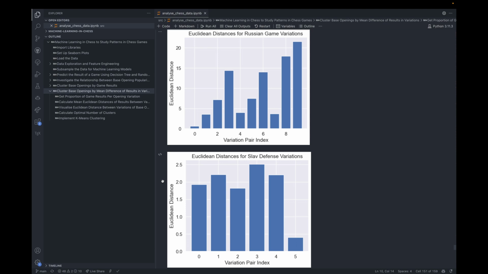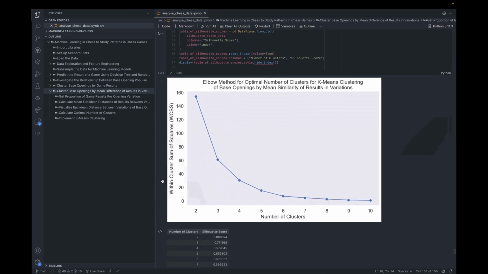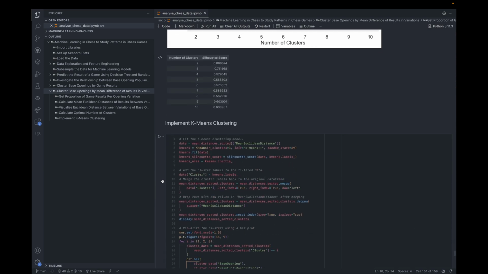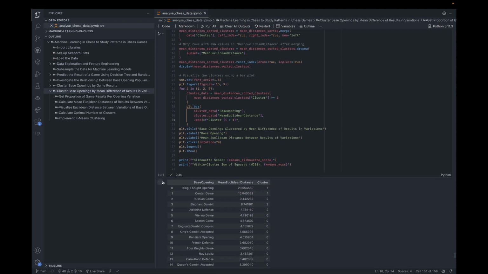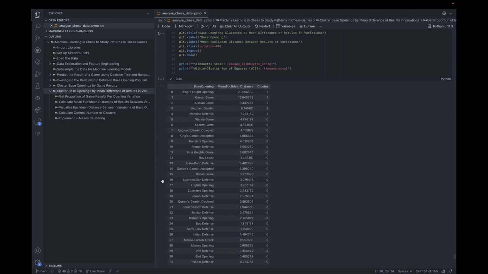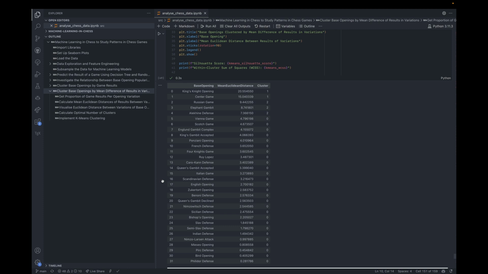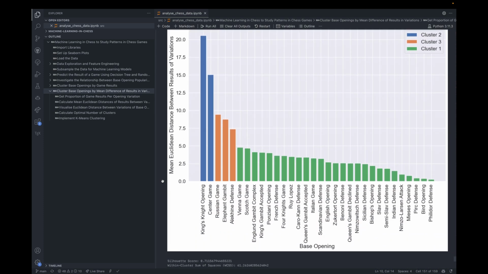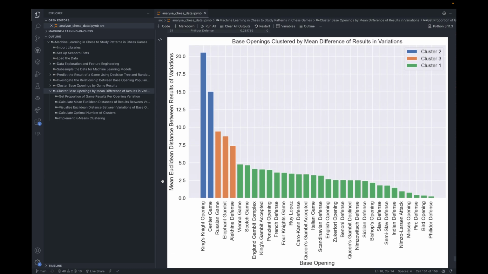Then we used the elbow method and a table of silhouette scores to find the optimal number of clusters. Based on this, we performed k-means clustering with 3 clusters to achieve a silhouette score of 0.712. To show our results, we created a table showing the base opening, its mean Euclidean distance, and its cluster. We also created a bar chart to show the clusters of each base opening. As you can see, there are 3 distinct clusters. The high silhouette score of 0.712 indicates that the clustering was successful, but we will discuss this in more detail